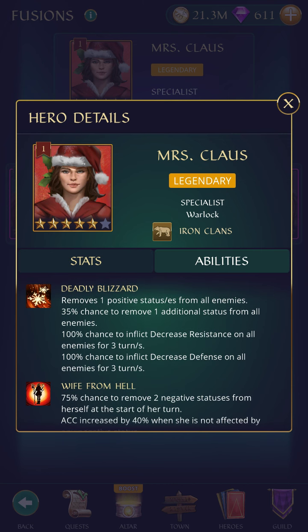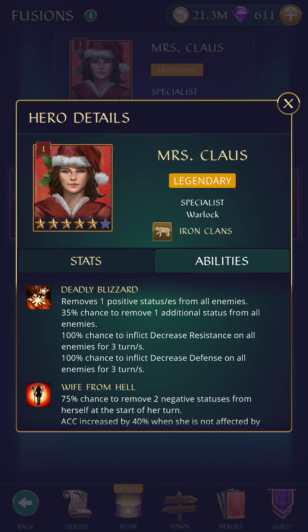Deadly Blizzard. Removes 1 positive status from all enemies, 35% to remove 1 additional status from all enemies, 100% to inflict decreased resistance on all enemies for 3 turns, and 100% chance to inflict decreased defense on all enemies for 3 turns. Alright, so she's a debuffer,